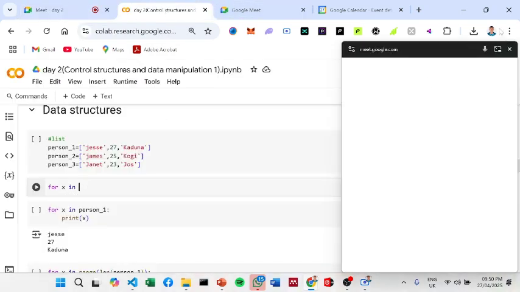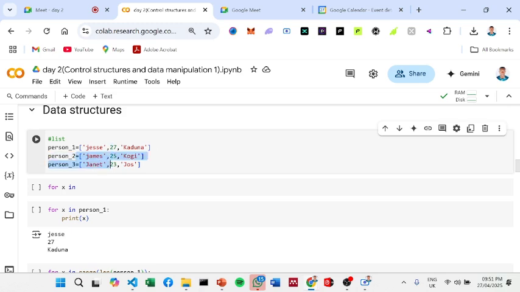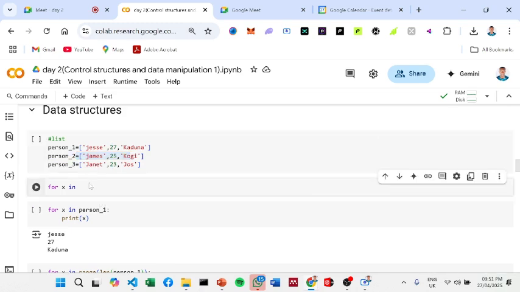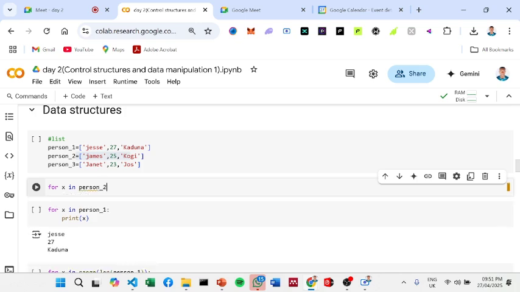So here you don't say in range. What you just do is you just call the name of that list. If you check, I have 3 lists here that I've defined. Let's work with this second list here. The name of our list is person 2. So let's say for x in person 2. Now what are these x? Our x are all these items that are inside person 2. So for x in person 2,